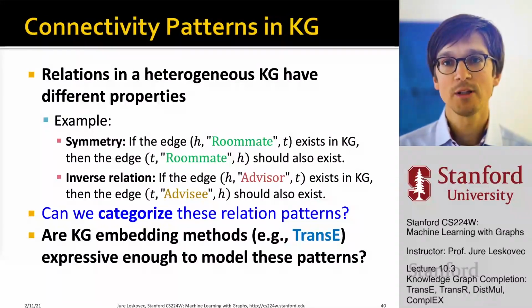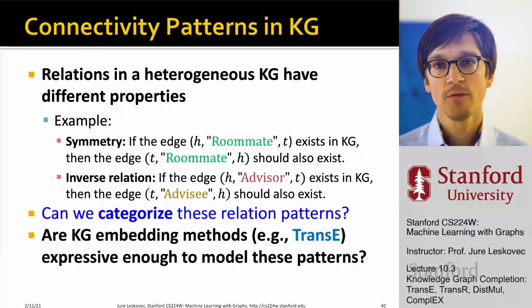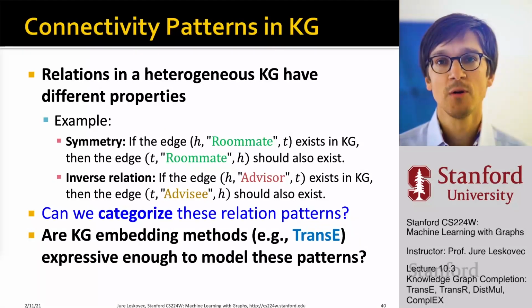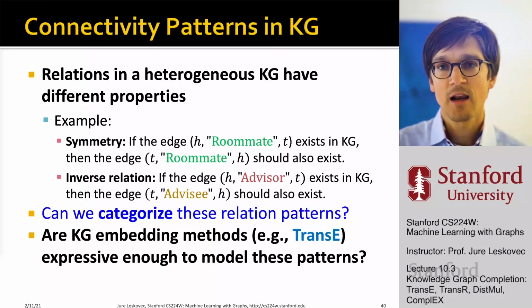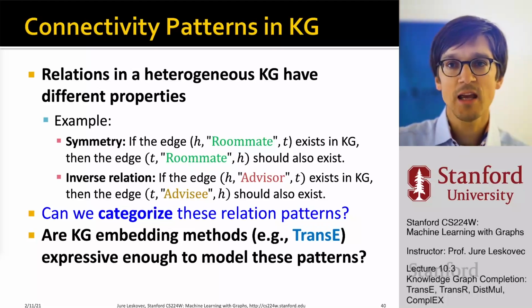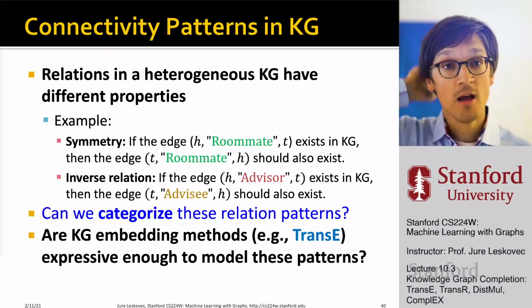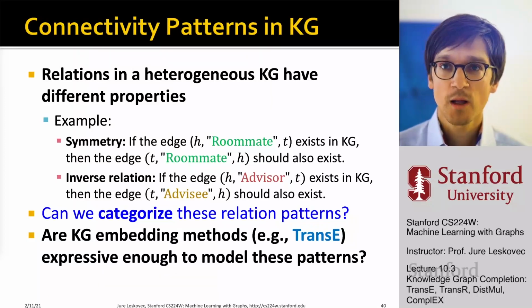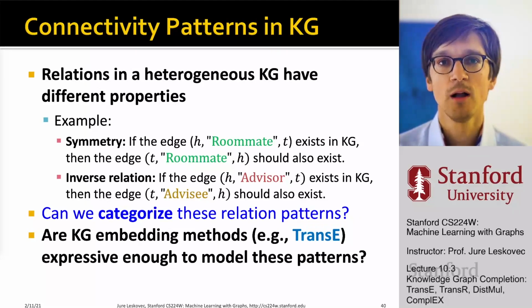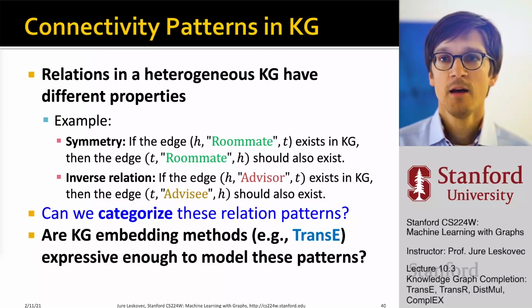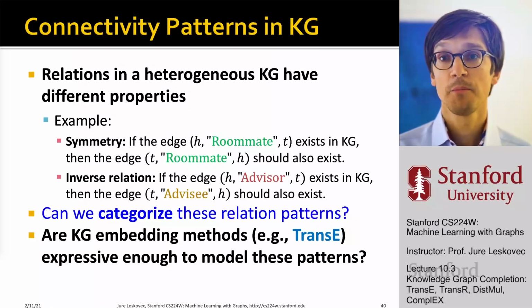What is cool about it is that now we don't only think of the embeddings as points in the space, but we also learn this vector r that allows us to move or translate between different points. It allows us to move in a given direction. And of course the question is, what kind of relationships is this type of approach able to learn? And when I say what kind of relationships, I really mean relationships with different properties.